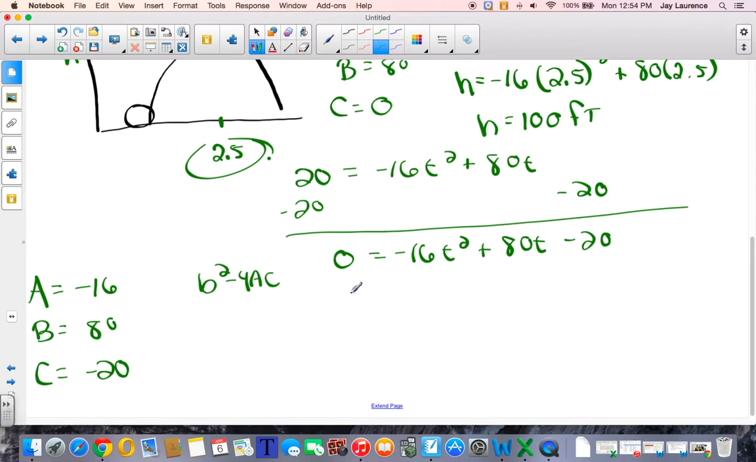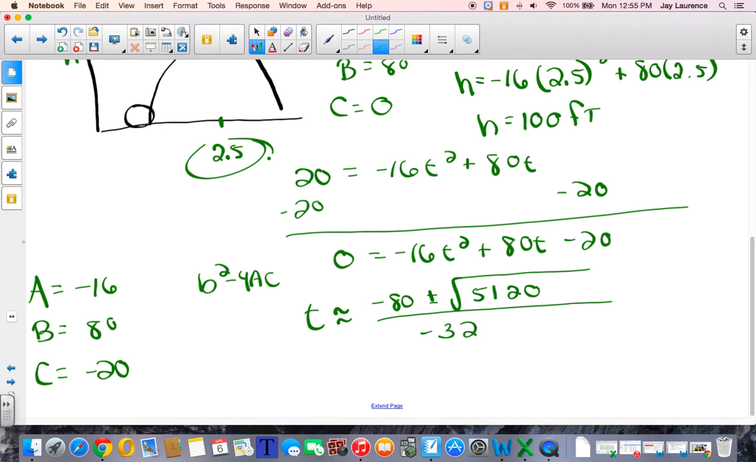I don't think that's a perfect square. Nope, definitely not. So I'm going to use the quadratic formula. And I'm going to go, t is approximately equal to the negative of b plus or minus the square root of 5,120, and that'll be over negative 32. And now I can go to my calculator. All right, I'm going to go negative 80 plus the square root of 5,120 divided by negative 32. And I get t is approximately